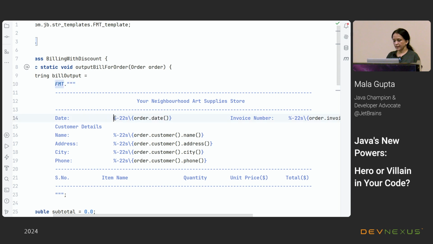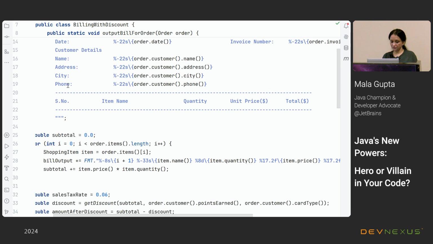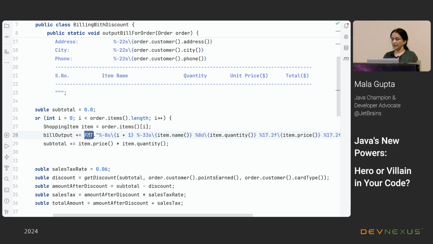Now, I have the format specifiers here, which would print the values in a particular format. That would be right aligned or left aligned depending on what values you pass to it. And again, this is the result of FMT. I have FMT for individual shopping items that I would be printing.